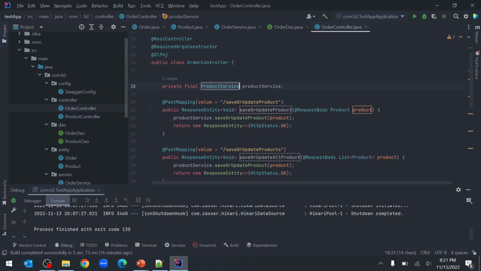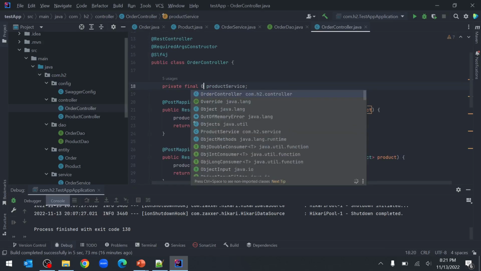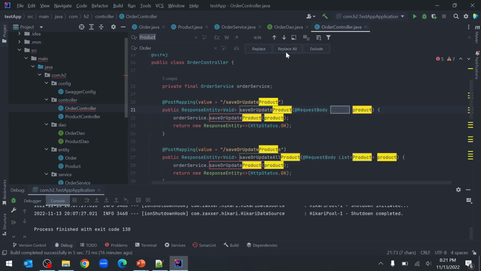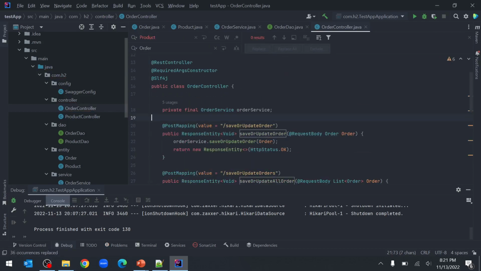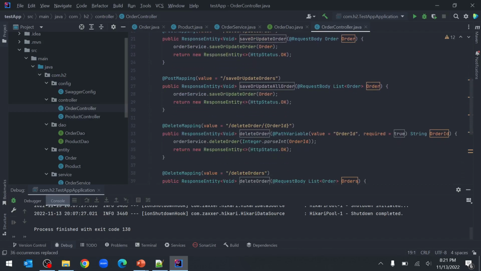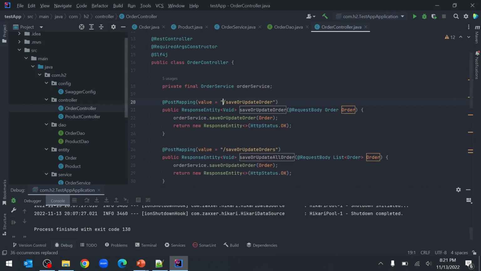And we will replace product service by order service. Order service. We will also replace all the product occurrences by order. Okay. So what we have now, save update order endpoint will